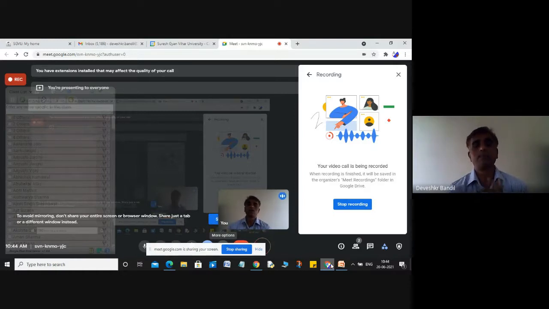And next is your graph database. Graph databases are NoSQL databases that use a graph structure for semantic queries. The data is stored in the form of nodes, edges, and properties. In your graph database, your data will be stored in the form of nodes, edges and properties.